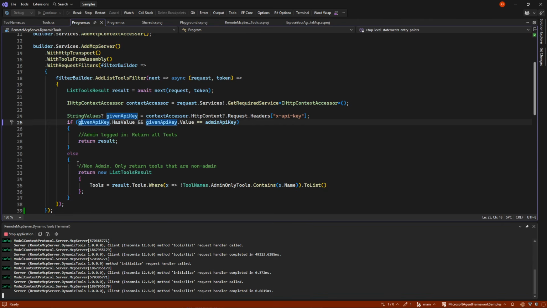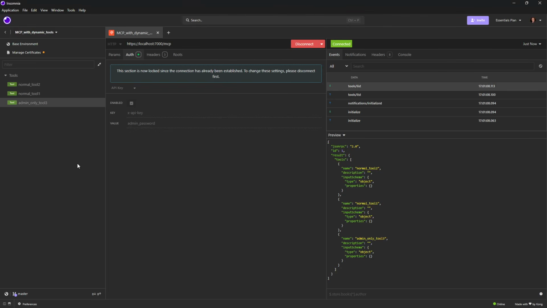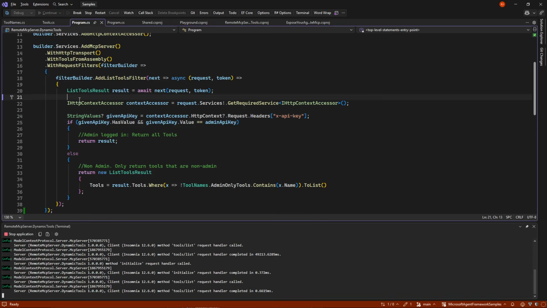So some of you might think now, okay, now we're done, it's okay. But actually, this is just the listing of the tools. And most MCP servers would never be able to call a tool that hasn't been listed, but you can technically do it if you begin to write code. So this is not enough to secure this system. We need to make sure that this tool cannot be called even if it's not even listed in the system.